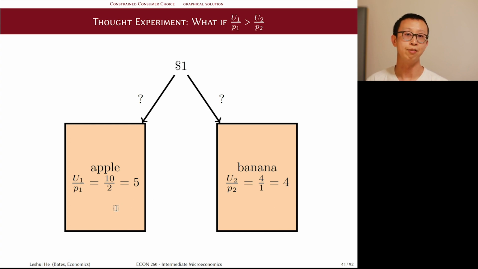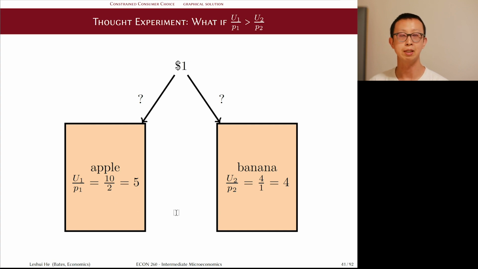The $1 will get 5 units of extra utility instead of 4 by putting it into the banana jar. In other words, the consumer would always spend the next $1 on the good that provides a better bang for the buck. Now, as you put more and more money into the apple jar,